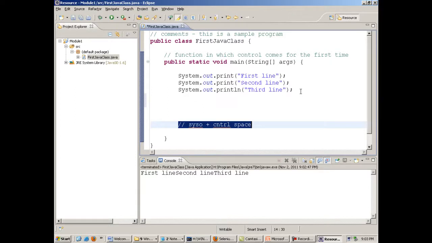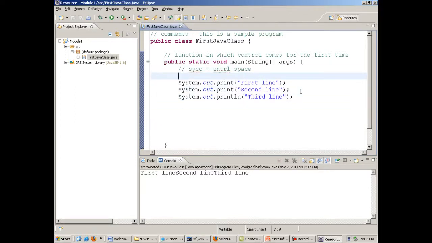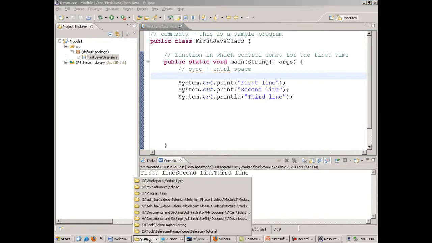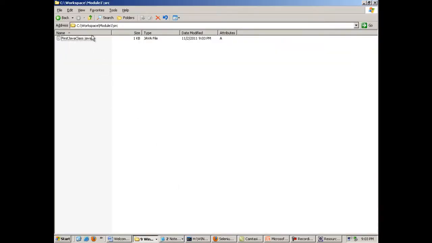Okay, I'll talk about data types now. Before talking about data types, I'll give you a brief about the Java language and the importance of Java, which I didn't take up as of now because I wanted to take it up after teaching you this much. Okay, now if you go to your project, if you go to the source folder, then this is the first